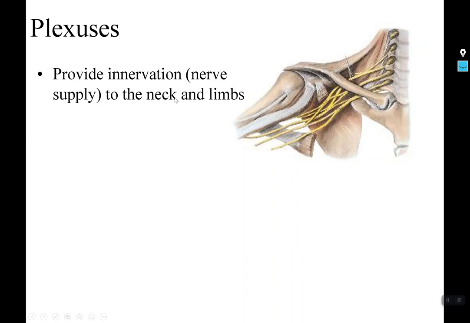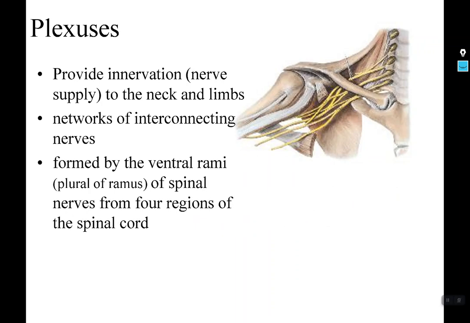So you have a cervical plexus, and then you have a brachial plexus and a lumbar plexus, and also a sacral plexus. These are networks of interconnecting nerves, as you can see here, and that makes them inherently confusing because I'll show you a closer view, but basically when they branch off from each other, they often reconverge, and then one branch goes anterior or superficial and the other one goes deep. So it makes them just annoying to learn. But the outcome is that you have adequate innervation of all of the structures that you need to both sense